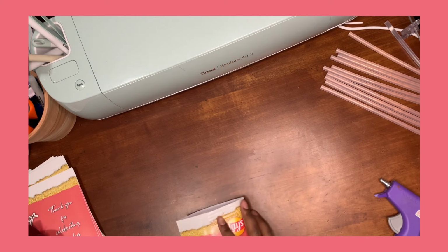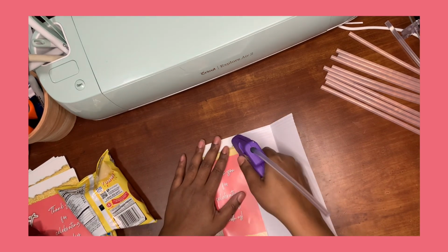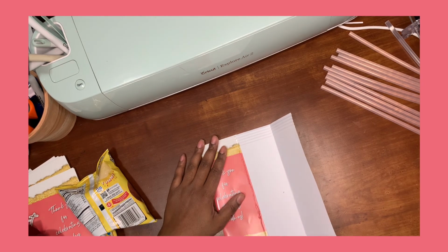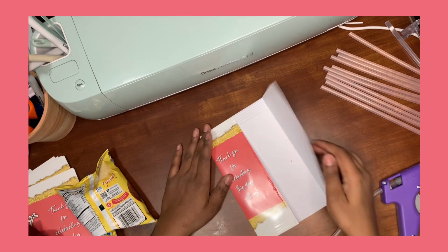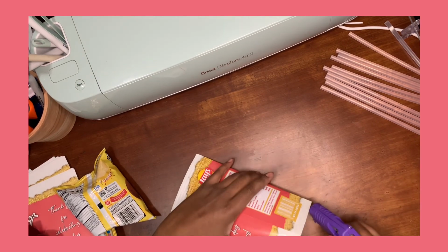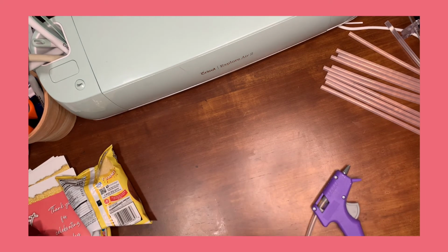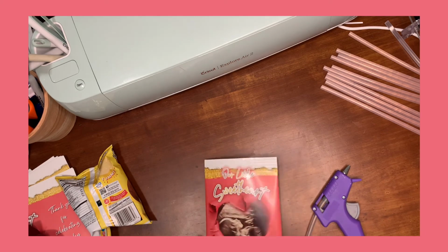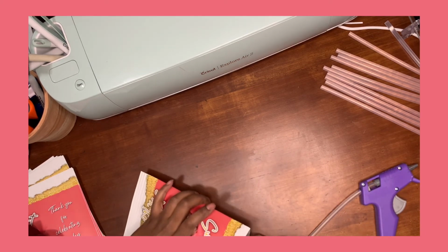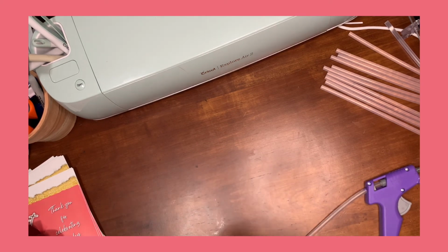For this one, these are the Lay's chips that I did, and I do apologize again for being out of frame slightly. So what I did is just went ahead and took my glue and put a little line down the front, and we're going to go ahead and close it up, and then we're going to go ahead and glue the bottom shut. Now, you can't do this method with every chip bag because some chips have more air in them. Like when you get the Cheeto Puffs, those are the hardest ones to do because the bags are just so much bigger